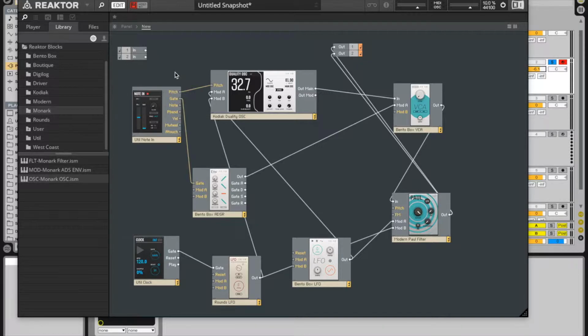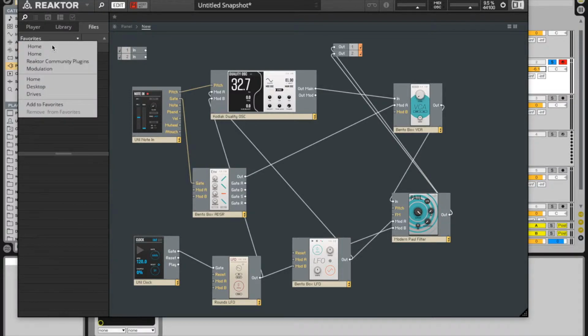once you get a patch that you really like, it's just a good feeling because you made it from scratch. There are so many other modules, not just here, but in the Reaktor community library. I recommend checking out the Euro React bundle if you have Reaktor. That almost doubles the amount of modules that you have, and if you take a look at the ones that I have here,